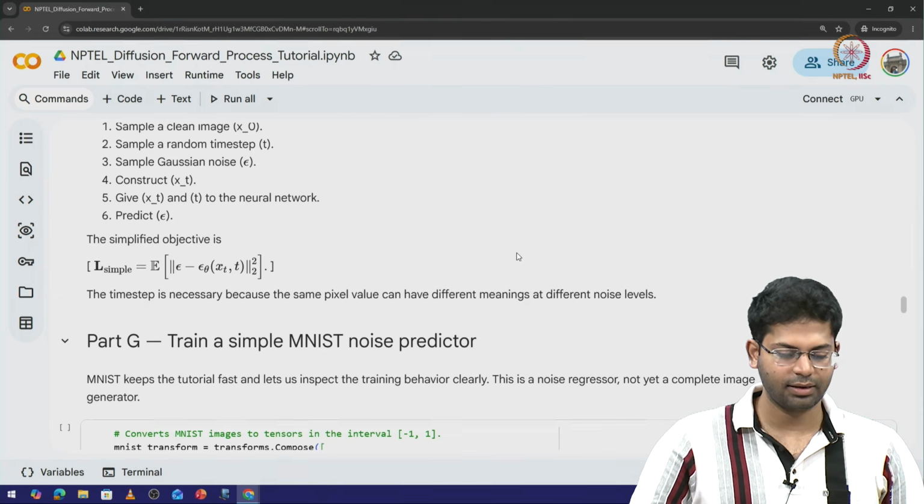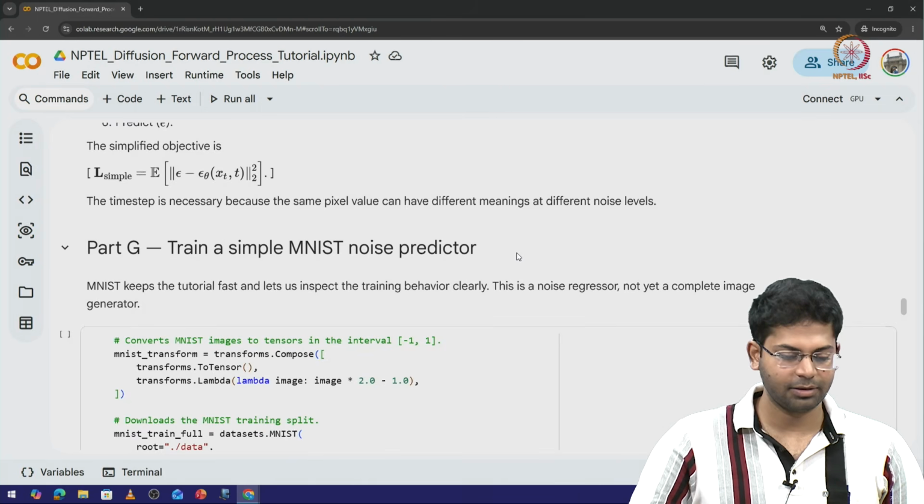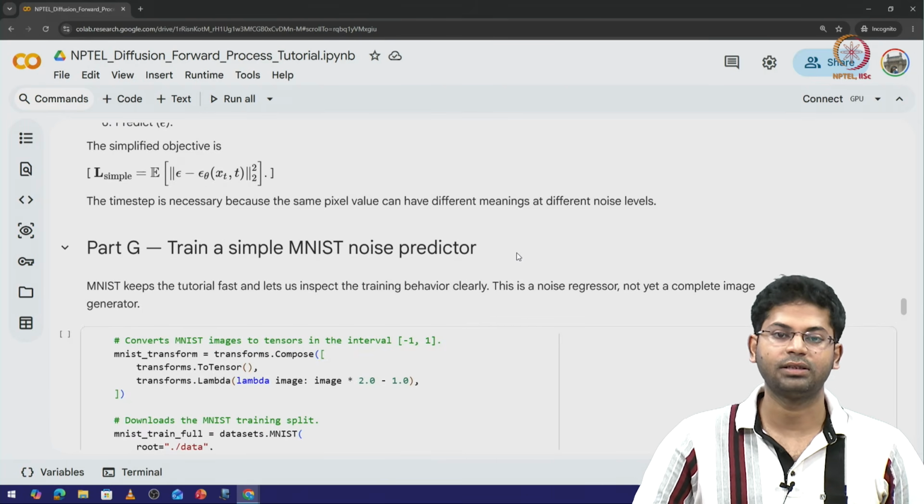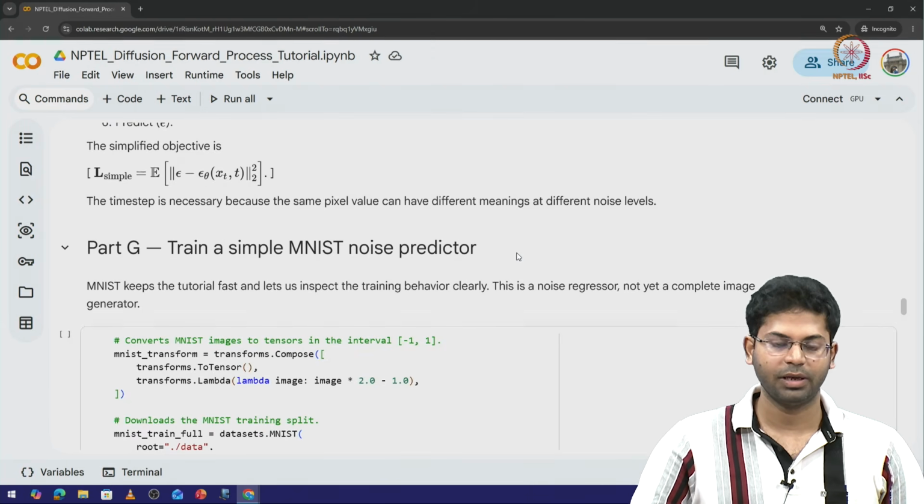Now, given xt and t to a neural network, can you predict the noise epsilon? Because this is not a linear process and you need to use a neural network, but can it predict the noise given these arguments? So, the simplified objective that you use as a training objective or loss to minimize using gradient descent is